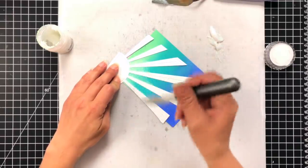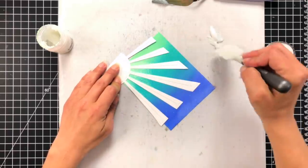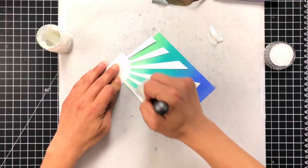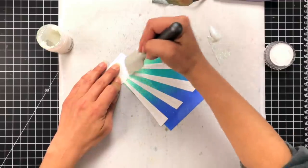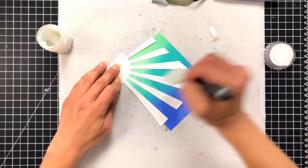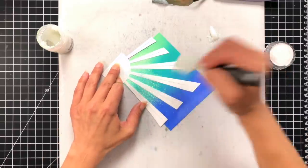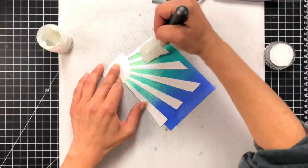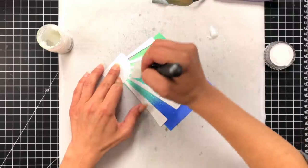Well, when you're working with oxides, this glimmer paste is going to pick up that color. So you don't want to contaminate your jar with colored glimmer paste. So it's best to just scoop a little bit out on the side and pick it up as you need it. Now I'm using a Tonic spatula for this, and if it looks awkward, it's because this is the first time I've used them. I just got these in recently, but I do really like it because you can see it's really flexible. So I'm picking up a little bit of that glimmer paste